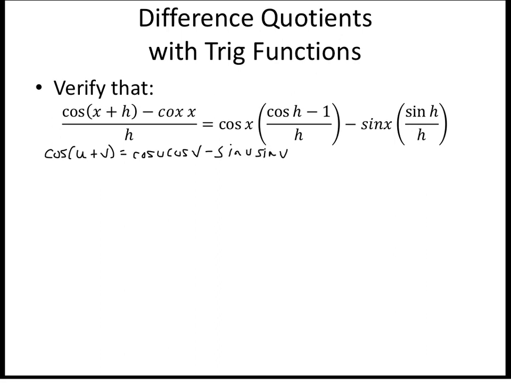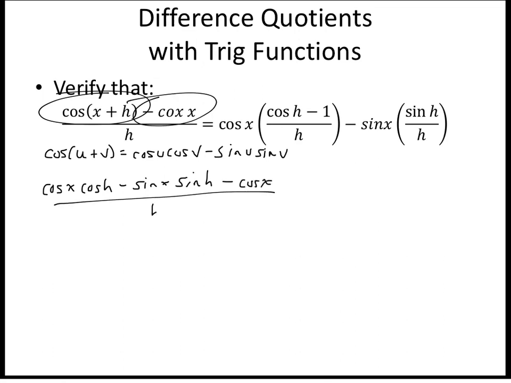That's going to be the formula that we're going to use for cosine of x plus h. So this is going to look like cosine x cosine h minus sine x sine h minus our other cosine x from here